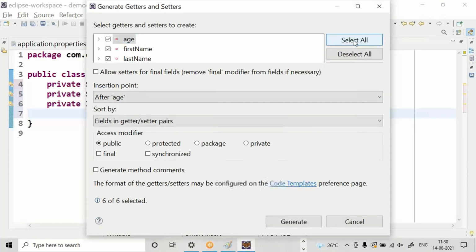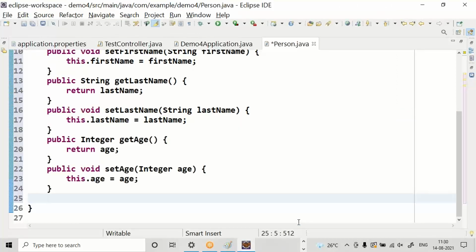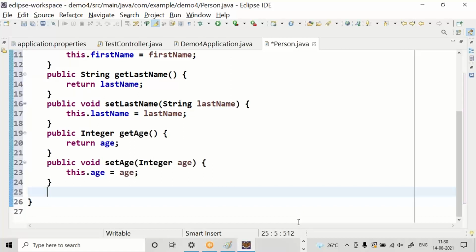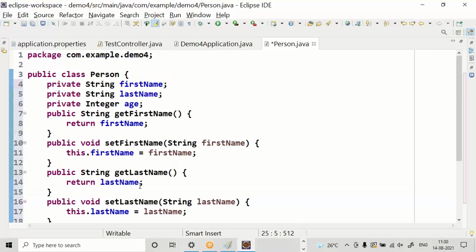Select all. Click OK. Click generate. Eclipse will be developing setters and getters. We will be using the setters and getters to set the data and read the data. This type of class is called a bean class or entity class. For every attribute, we develop the setters and getters.